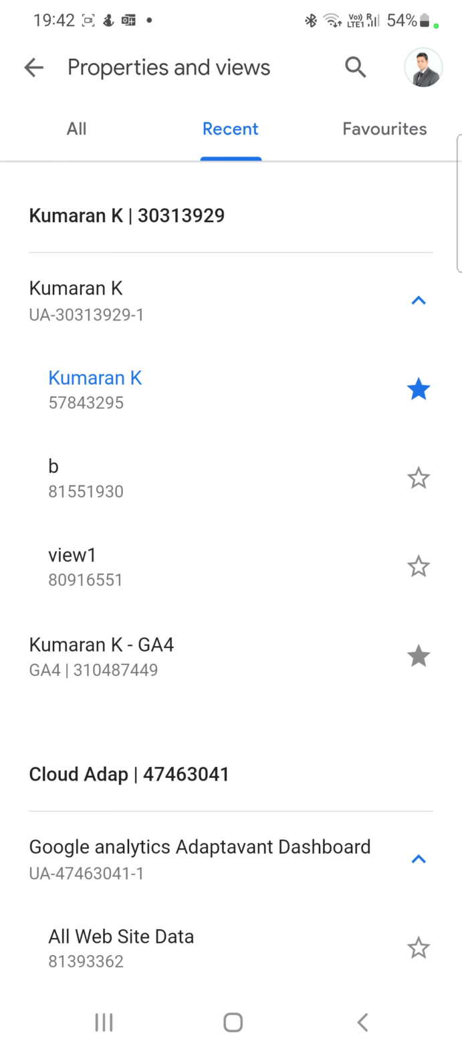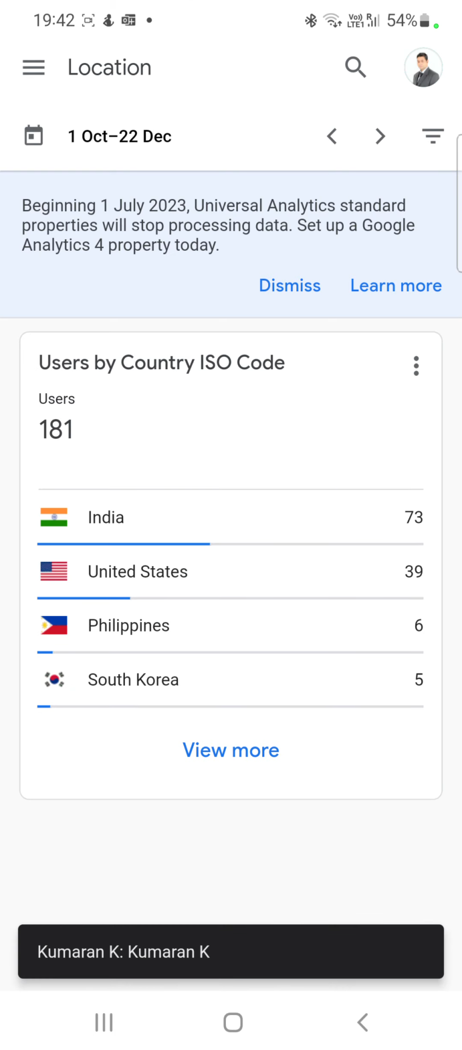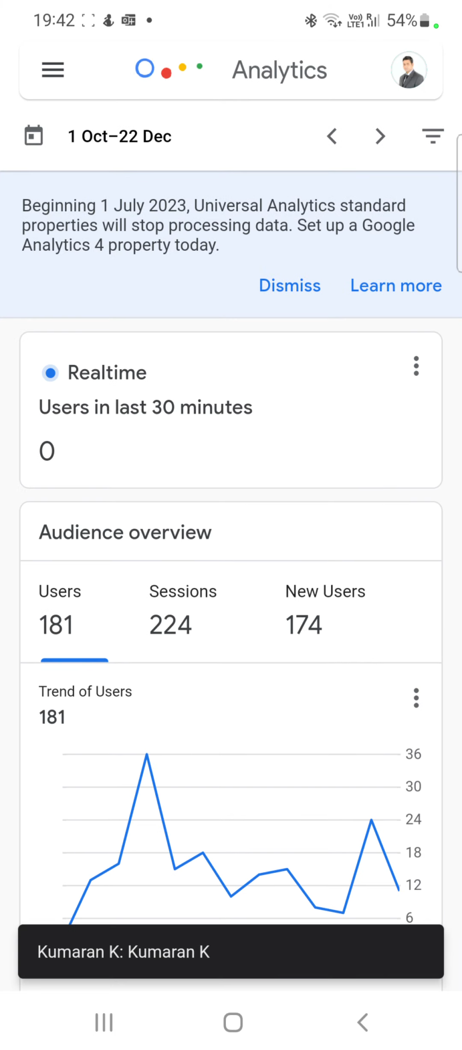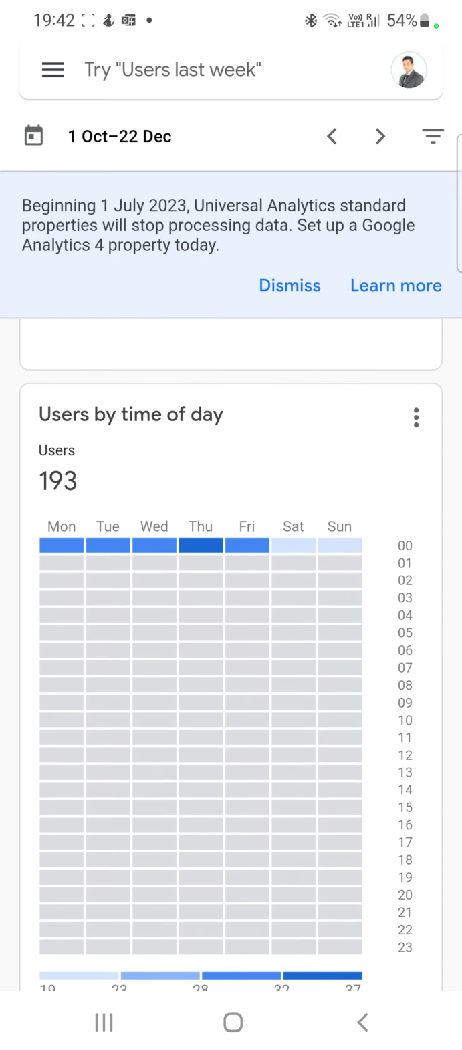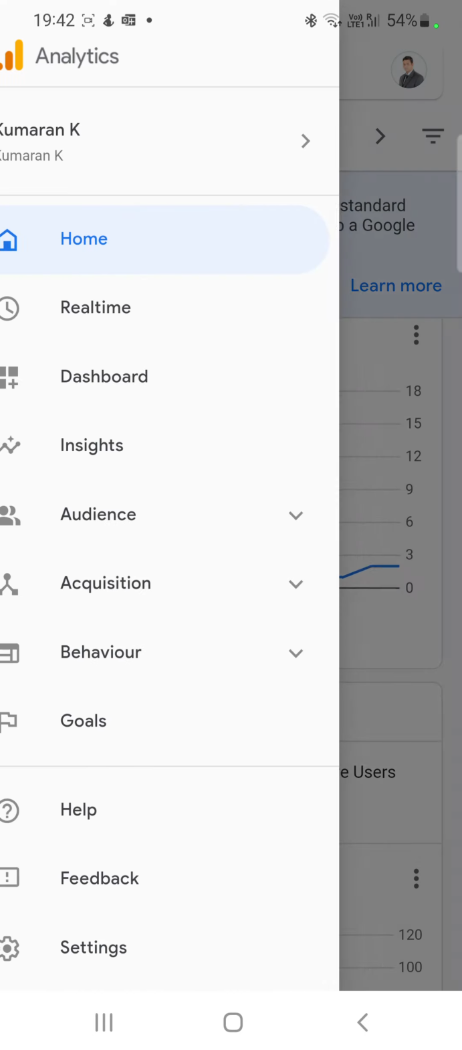So I have the accounts for the Universal Analytics property, as well as the GA4 property. This is the upcoming version, and this is what I'm going to go with, Universal Analytics. So I have the home screen, which is an initial dashboard showing all these things, and then I want to